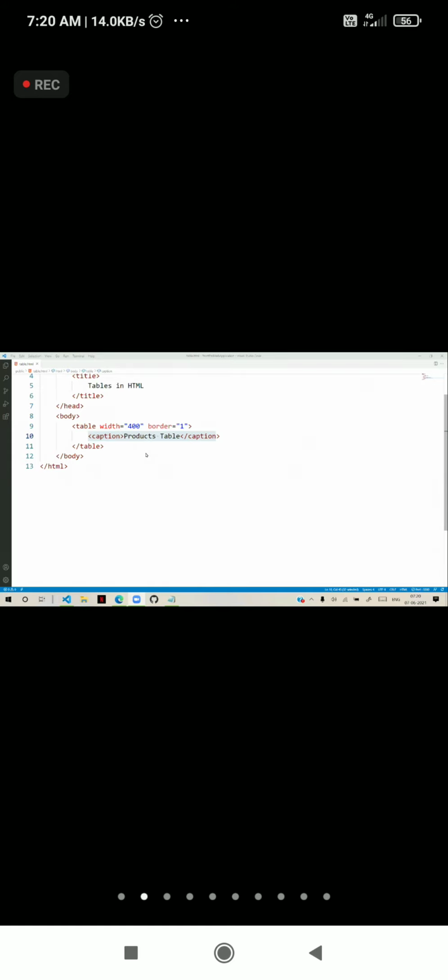Now the caption that we defined here can be changed in location. So sometimes people ask, can we keep it at the bottom? Can we keep it at the top? You have CSS, you can keep it anywhere you want with CSS. That's possible. So initially the caption is defined here. And inside the table, we have 3 sections: head, body, and footer. Head section is defined as T head.